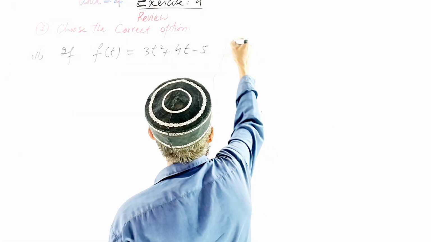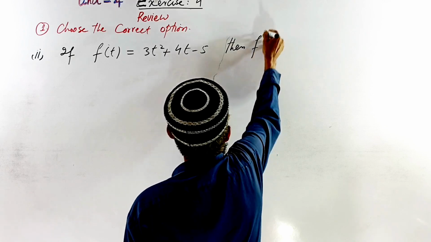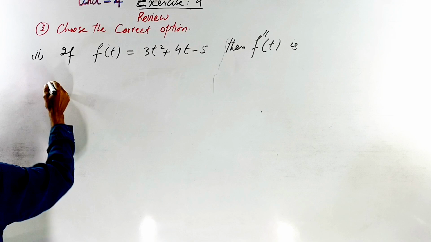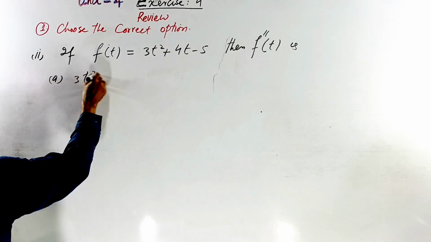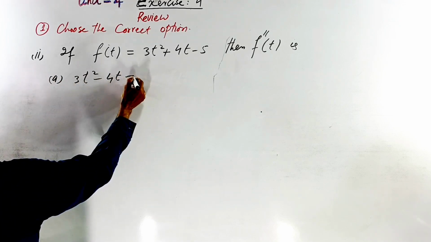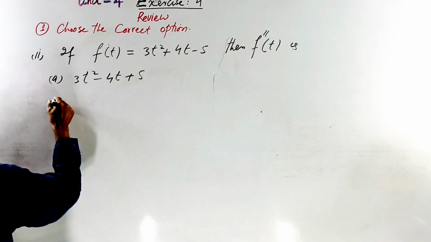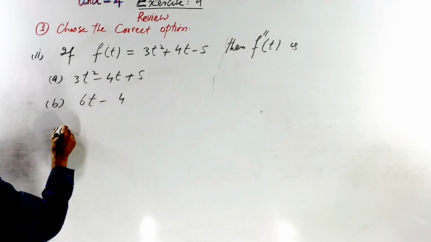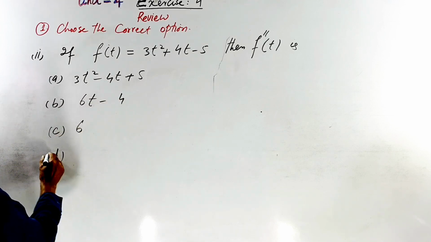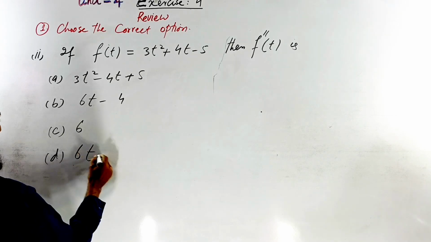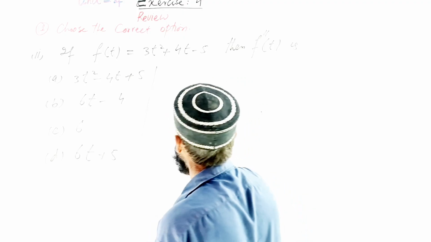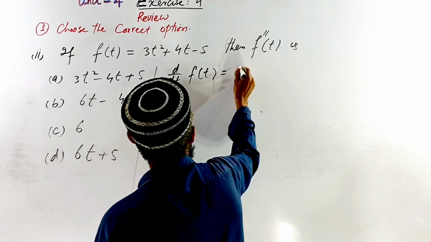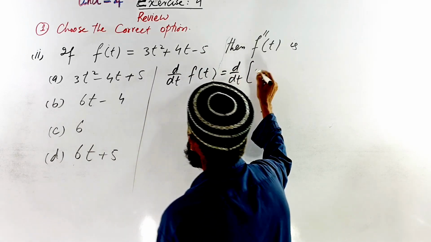Then f double dash t is equal to: option A, 3t square minus 4t plus 5; option B, 6t minus 4; C is equal to 6; and D is equal to 6t plus 5. Using the derivative, dy by dt of f(t), dy by dt of 3t